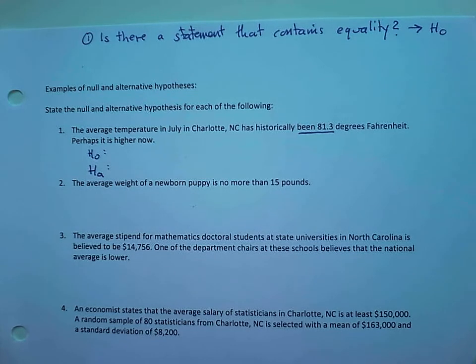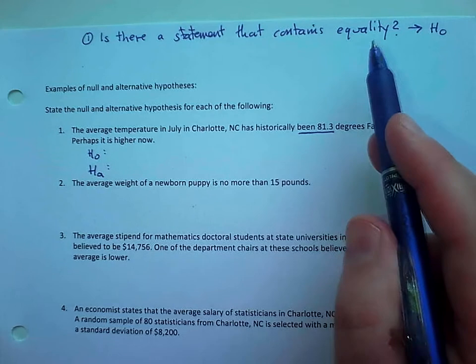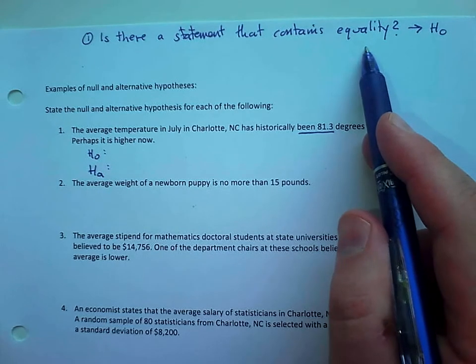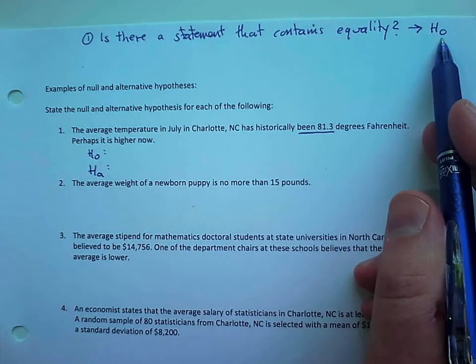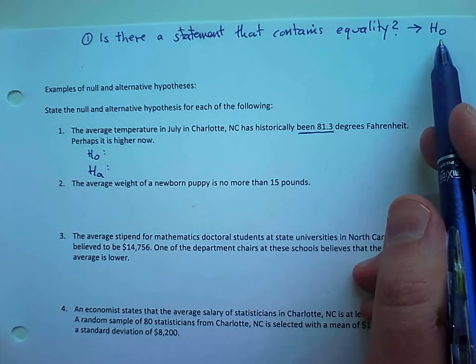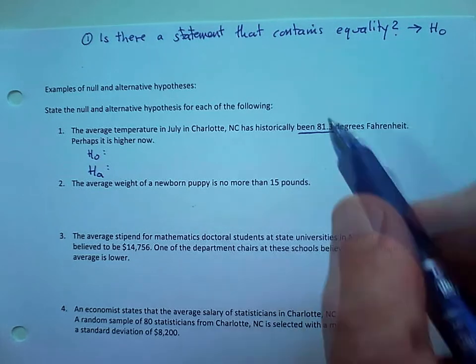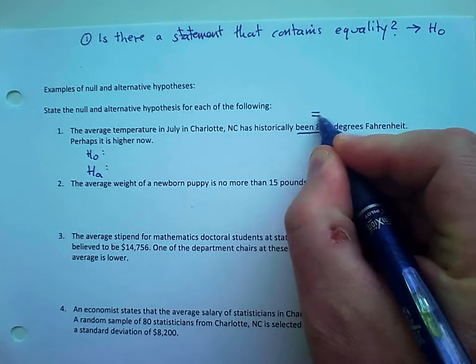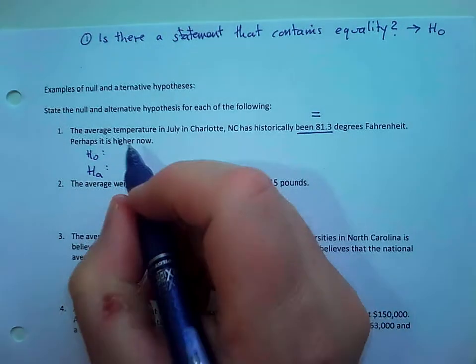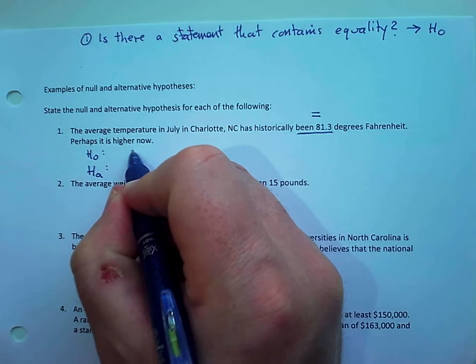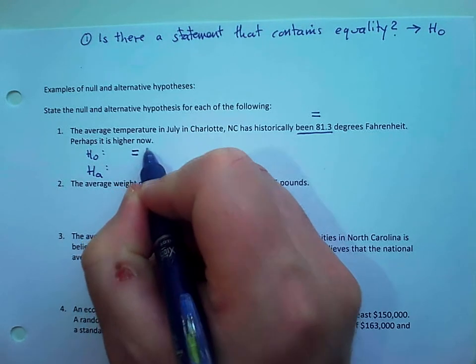So therefore, it does contain a statement that has equality, so it's going to become our null hypothesis. And the equality symbol that we have is equals to. So our null hypothesis is going to become equals to